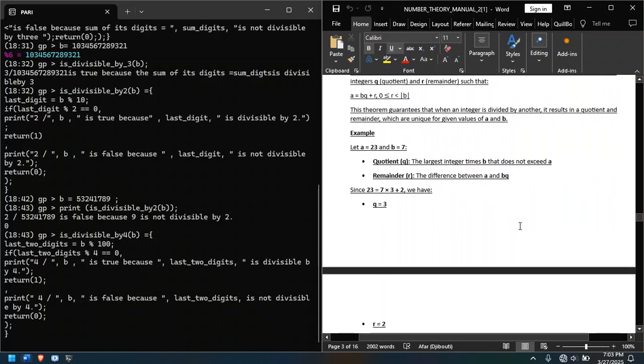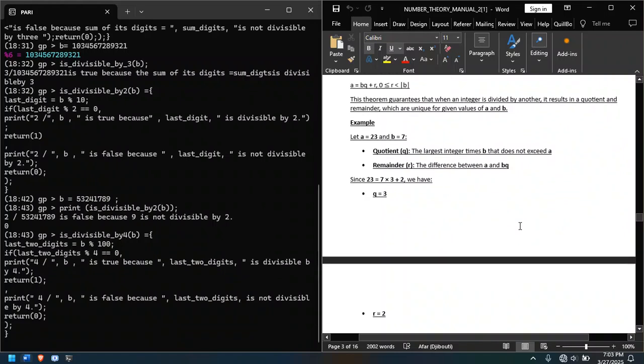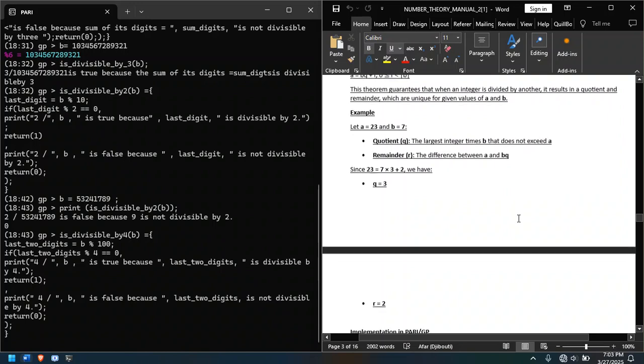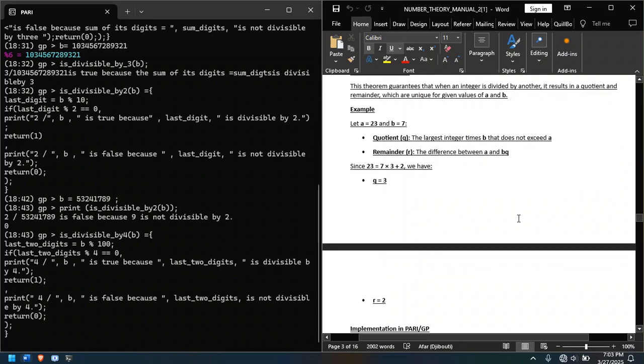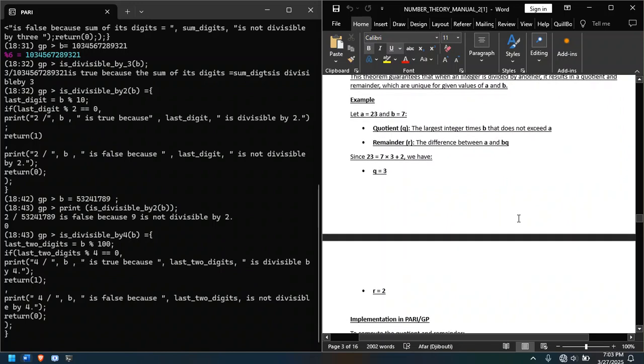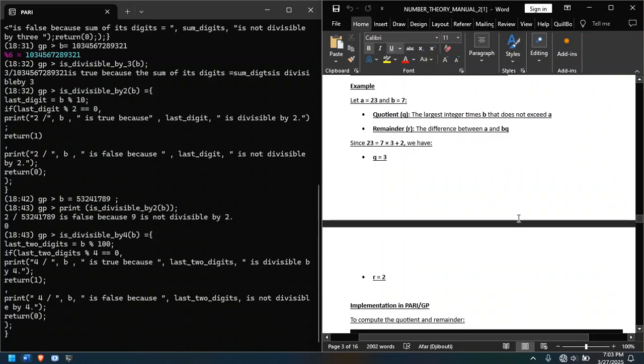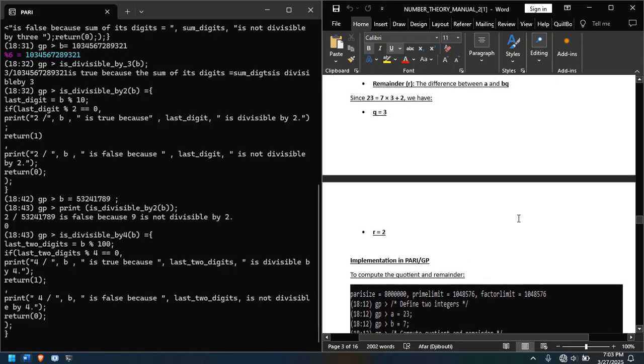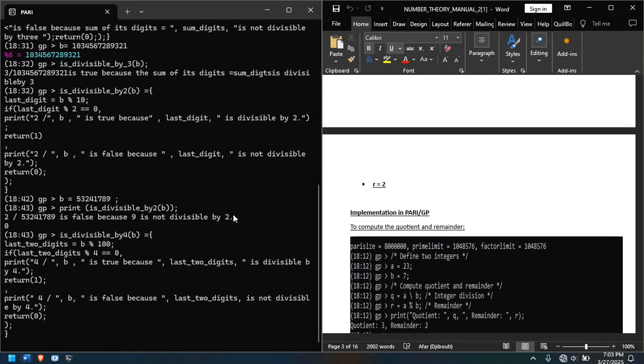Let a equal 23 and b equal 7. The quotient q is the largest integer such that bq does not exceed a. The remainder r is the difference between a and bq. Since 7 times 3 plus 2 equals 23, we have q, the quotient, which is 3, and r, the remainder, which is 2. Now, the implementation in PariGP will be